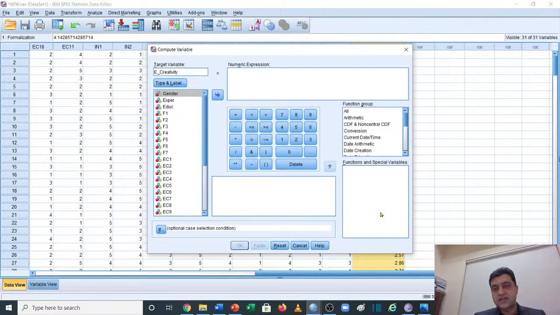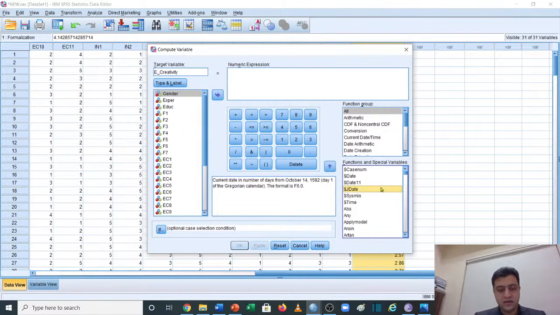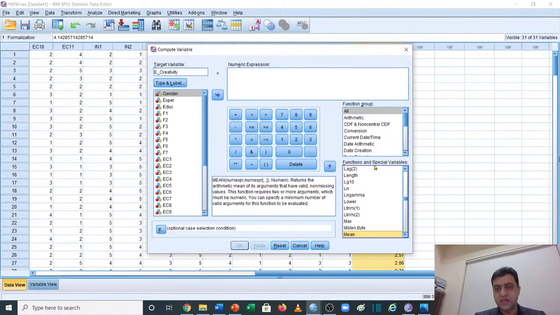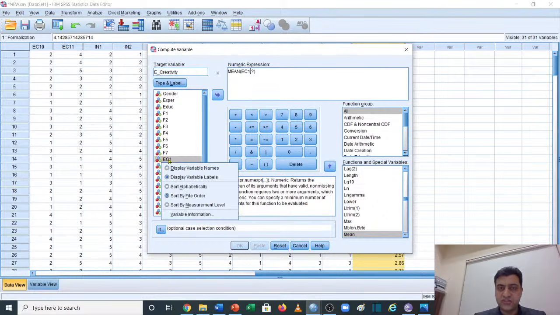Now, the other method is that you can go towards this function group, click All, and here you can see Mean. In function All, you can go to this Mean. The moment you click it, it is going to ask what values you have to take the mean of. So I'll go for EC1, but this time I need to make sure that